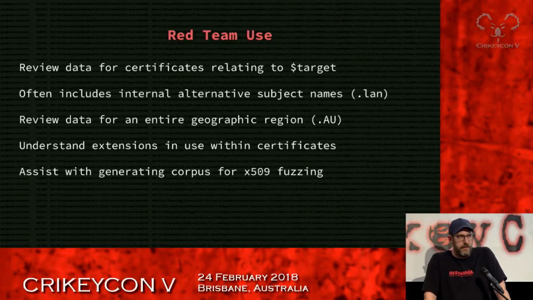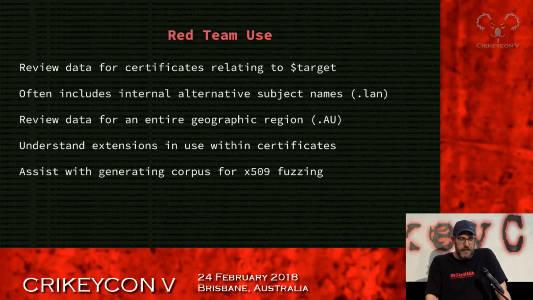It's really good for, if you've ever been on a red team, you've phished some credentials, you've got some credentials, that's great. You've got an RDS endpoint or remote access endpoint, and it's expecting the format domain name / username, right? If you don't know what the domain name is and that hasn't leaked, it can be a really frustrating place to be. Thankfully, we've already had a couple of instances where they've issued certificates for, say, insomnia.co.nz and insomnia.lan within the alternative subject name. So they're associating the certificates with both their internal and external DNS horizons.